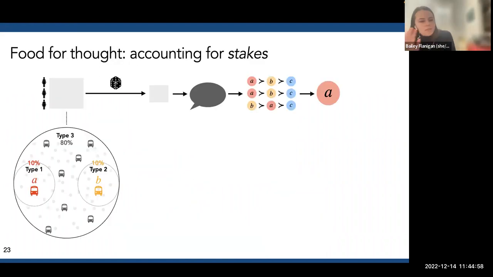Okay, so this is really the end of the talk. I just want to leave you with one idea that motivates the work that's coming up, related to this idea of, what if people decided to vote based on how high their stakes were? And this is a question that actually alludes to a much more general idea, which is, how should we even be accounting for stakes in democracy?